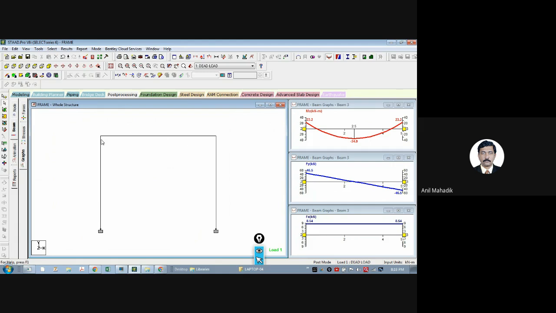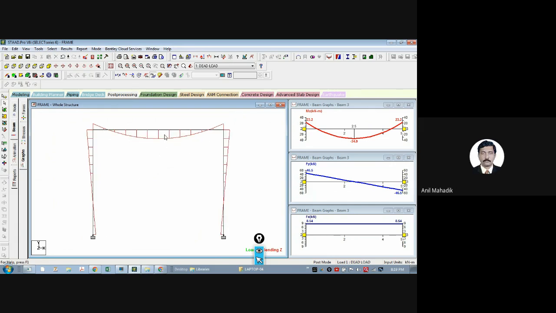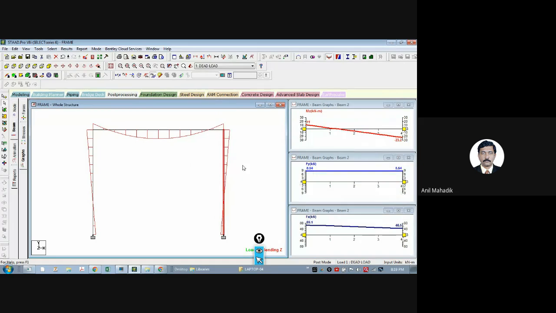If you want to see the bending moment diagram on this screen, click this MZ. This is more convincing. Correct. So all of you know this bending moment diagram of the frame with fixed support looks like this only, isn't it? Yes, sir. Now if you click over here, then you will see the results. The left side moment is 23.2 and the right side is also 23.2, and center sagging moment is 34.9. If you click on the column, then you will see